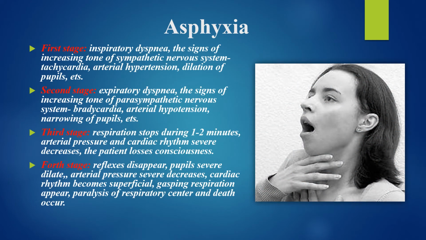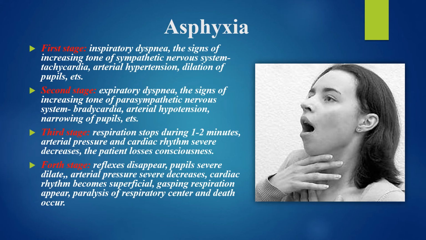Asphyxia is a severe form of respiratory failure. In asphyxia, the process of oxygen transfer into the blood and removal of carbon dioxide from the body become impossible. Asphyxia can occur during squeezing of airways from the outside, for example, by a tumor, drowning in water, getting amniotic fluid into the airways of the fetus, edema of larynx in diphtheria, measles, and other infections, bronchospasm in attacks of bronchial asthma, Quincke's edema, and other allergic reactions. All of them may be accompanied by asphyxia.